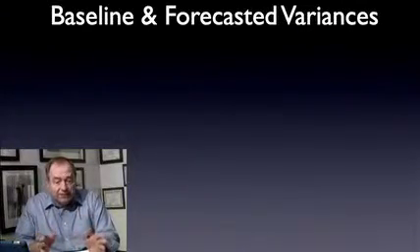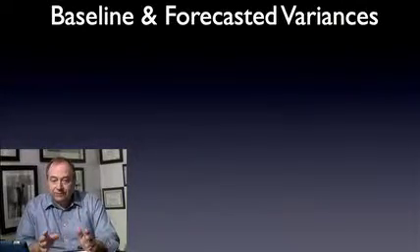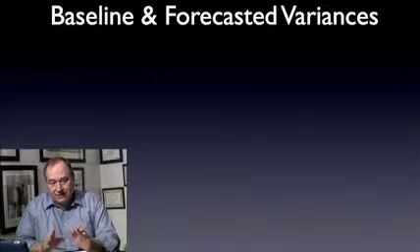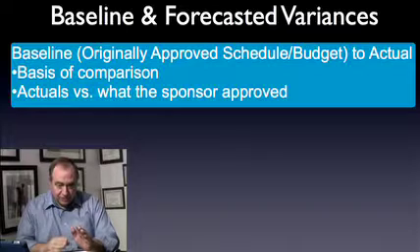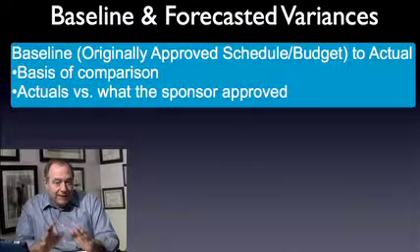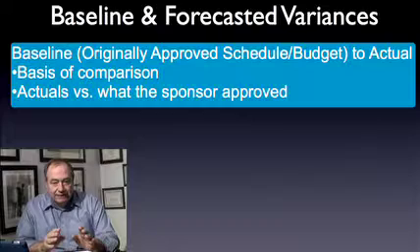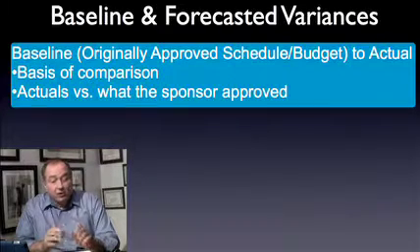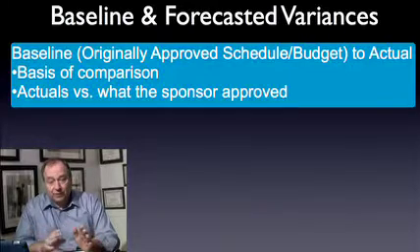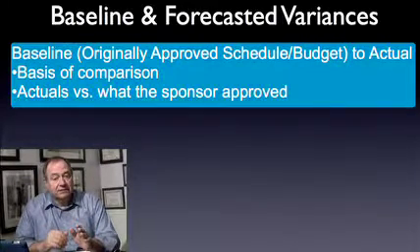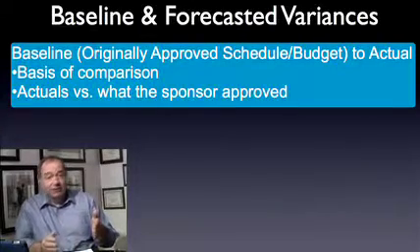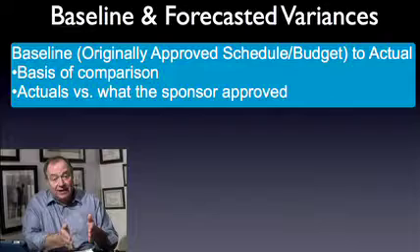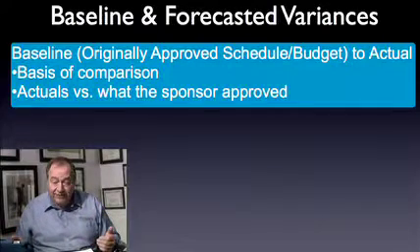In project management and in your software, you'll save the baseline as soon as the sponsor approves the schedule and budget. That baseline version of your plan is stored like a Polaroid picture in your project file. And all tracking and project management is on the basis of comparing the current actual schedule with that static baseline plan. That's how we identify variances.